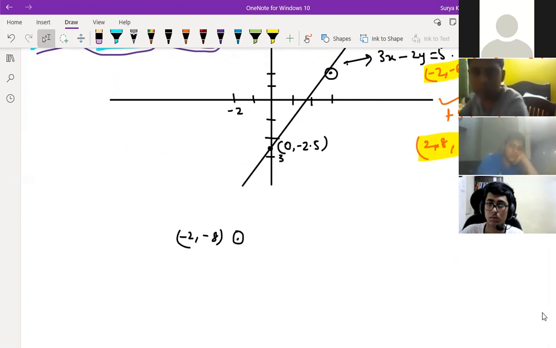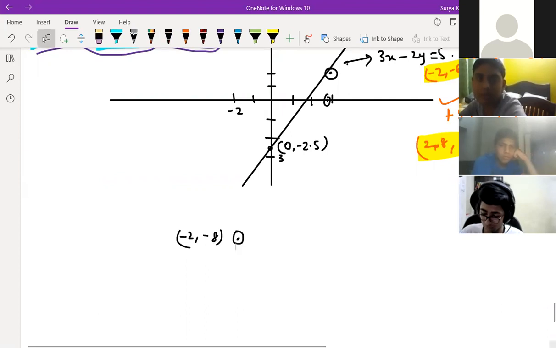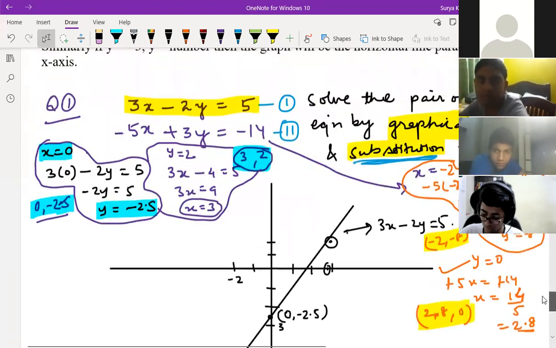Understood? And the second point is 2.8 comma 0. 2.8 is somewhere here, so the point will come here. You should match this point and this point, and check where they match. Okay, children, so if you check like this,